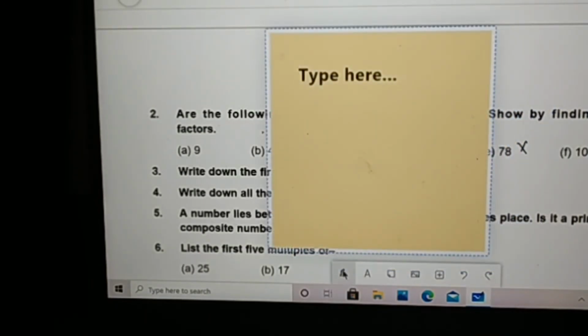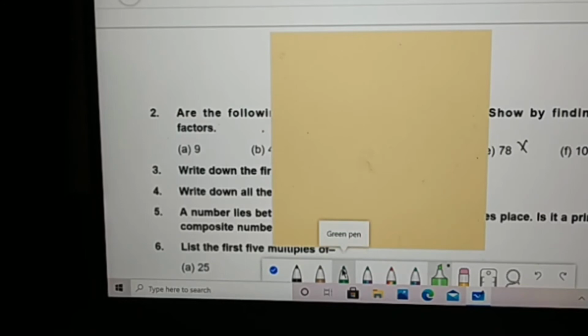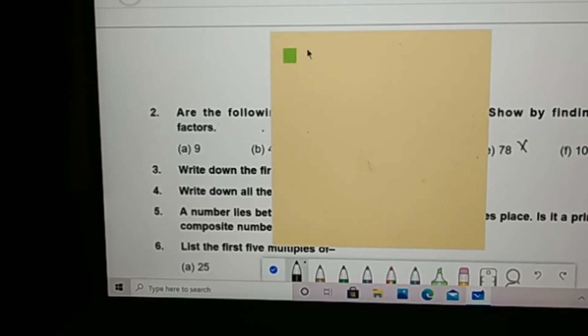So we do that. 1 is neither prime nor composite. Then we have to check for 2. 2 is the only even prime. So we write here 2 is the only even prime. And then we have 3. 3 is an odd prime, which is divisible by 1 and 3 only. Then 4 is an even number. 5 is again an odd prime. And 6 is composite. 7 is an odd prime. 8 and 9 are composite. 10 is composite. 11 is prime, which is divisible by 1 and 11 only.